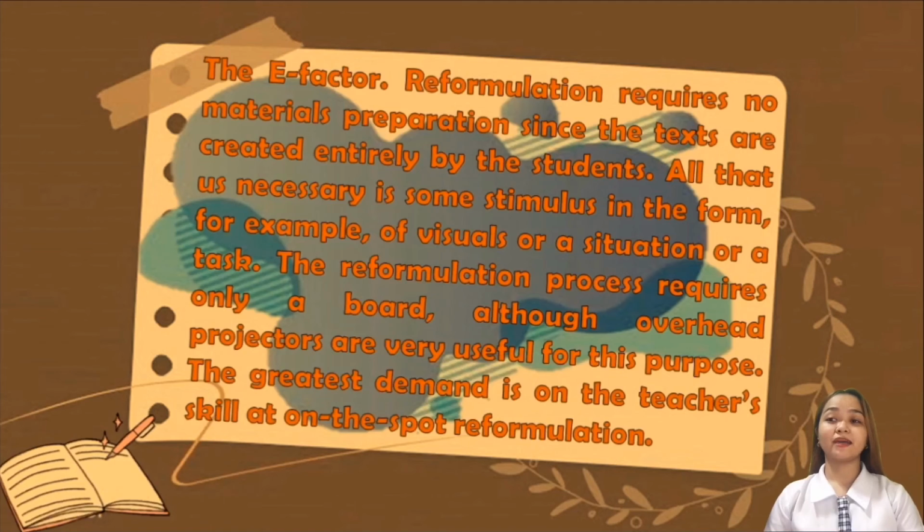The greatest demand is on the teacher's skills at on-the-spot reformulation. However, if the teacher has been unobtrusively present during the text construction stage, some preparations for the reformulation stage can be done in advance. That is, even if the teacher has preselected a grammatical item to focus on and chosen